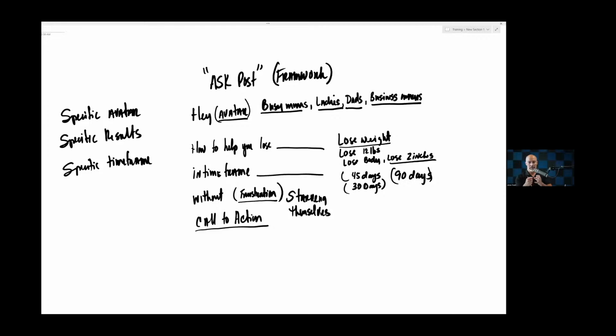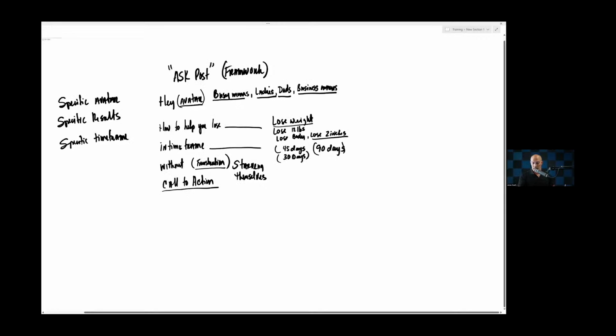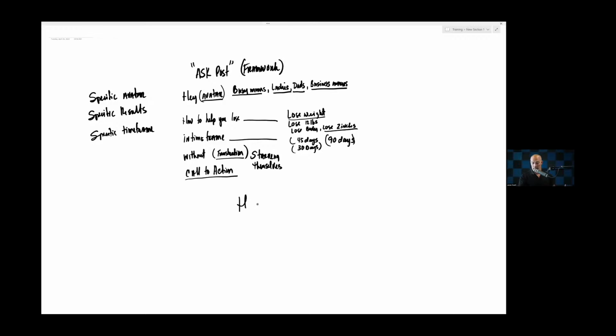And so the cool thing is with all of this, this gives them a time frame. It's very specific. And then we have what's called a call to action at the end of that. Hey, what do you want to know? Do you want more info? Raise your hand if you want to know. So all of these things go into that piece of content, that ask post. And so then we would say, hey, busy moms,